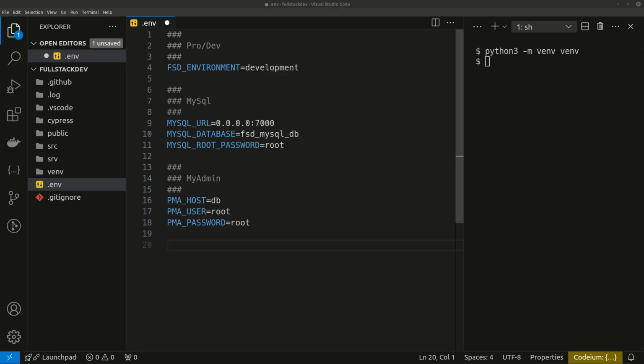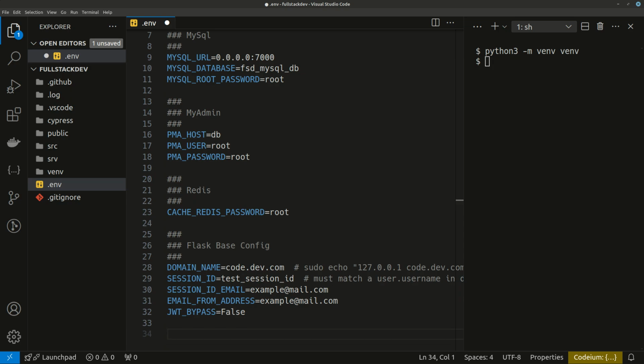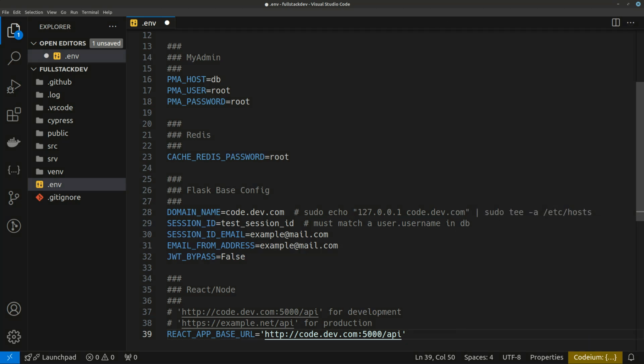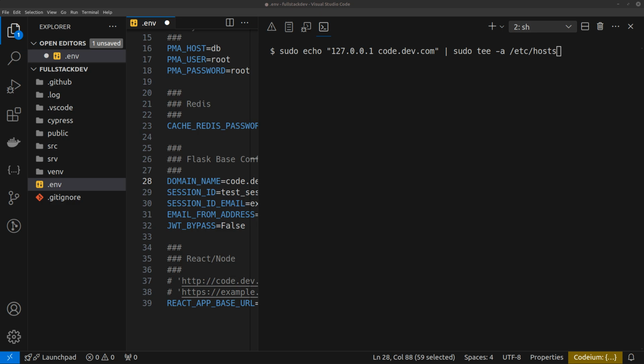It is important to note here, we'll be using the domain name code.dev.com for development and testing, as opposed to using our system loopback address directly. This will allow us to set browser cookies in a way that's consistent with browser behavior in a production environment. This allows us to more accurately test against this functionality and catch bugs that might not otherwise be exposed in development or testing. To enable this functionality, we'll need to assign this domain name to our loopback address in our